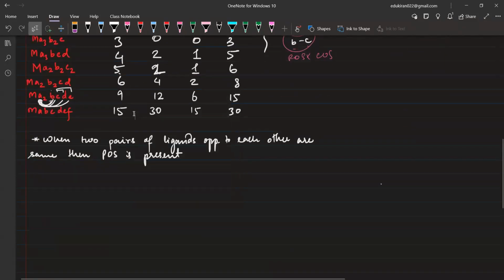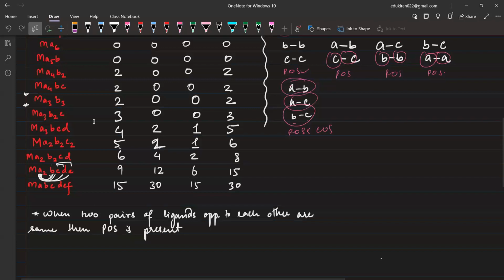And in all of these cases, this is important. The MA3B3 case is quite important because in this case we have fac and mer type of isomers. So fac-mer are typically important. Okay, so now for